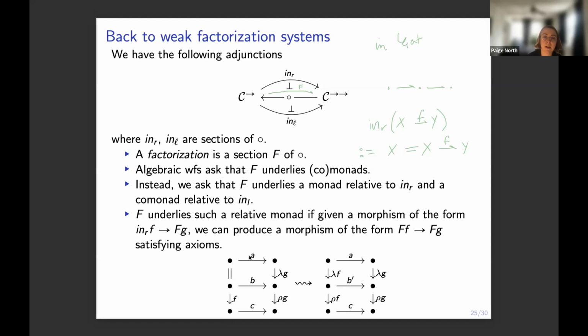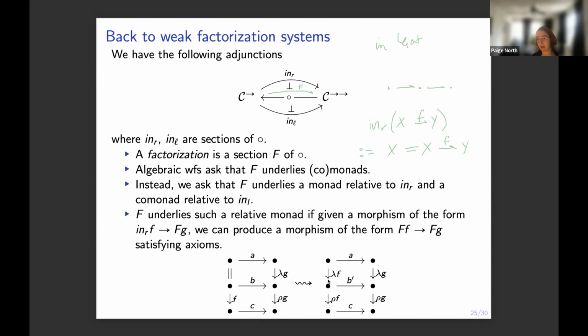And so we can note something that I've maybe written a bit subtly here, which is that these A's have to be the same, the boundaries have to be the same, the A's and the C's have to be the same. And so we're trying to figure out if this is a relative monad, we're tasked with producing some morphism here from B, and all the other data. So the B and the B prime don't have to be the same.